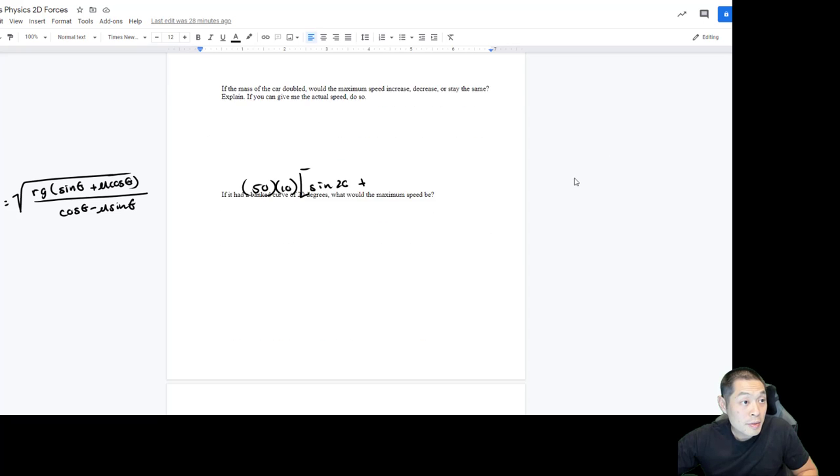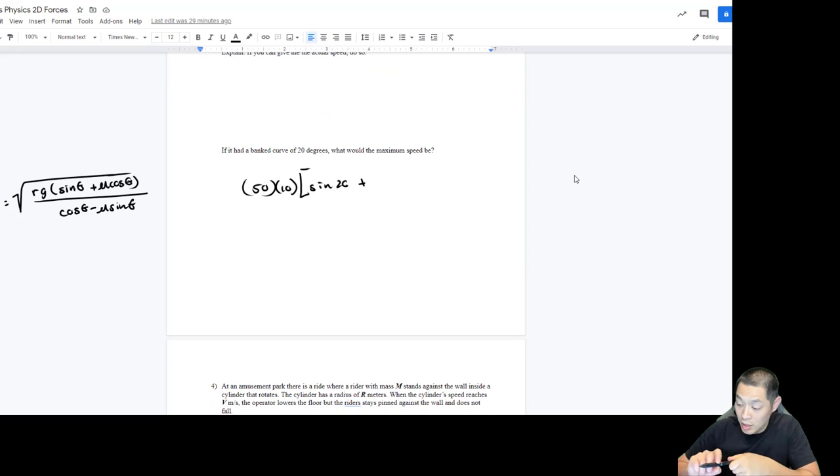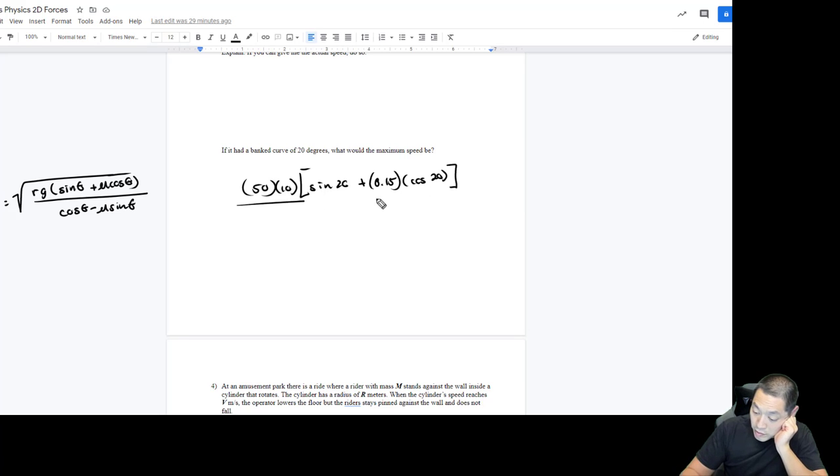It's 0.15, so I was wrong. 0.15 times cosine of 20 divided by cosine of 20 minus